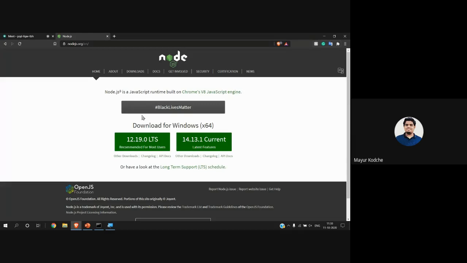I recommend you download the LTS version because it is stable. That is your choice. I am going to install this. I already downloaded that file, so I am not going to download it now. It is an 18 MB file. You need to download it.